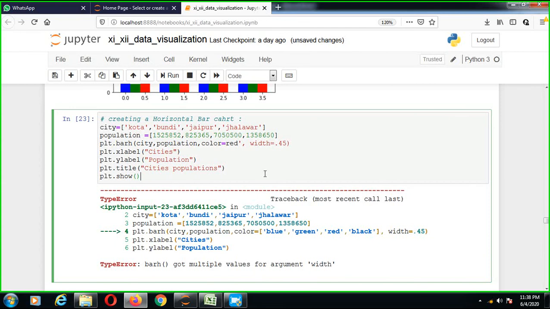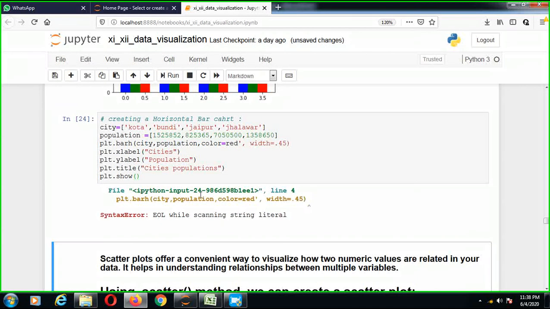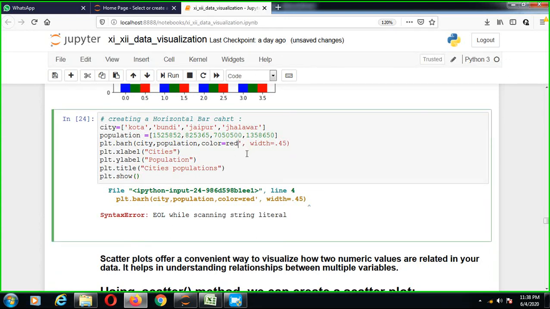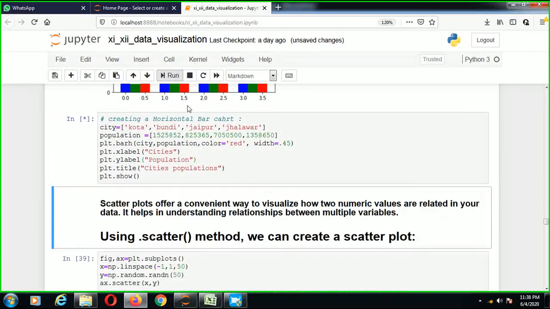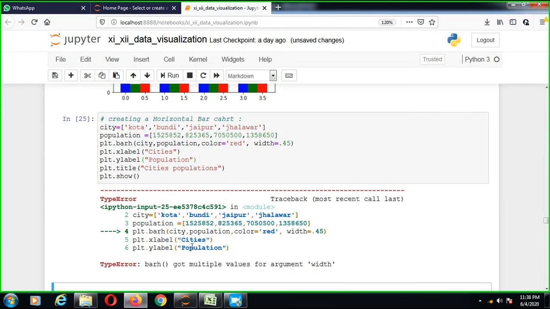So I just remove all those things. Okay, plt dot barh, bar h.